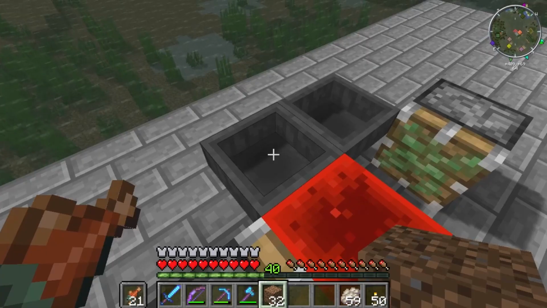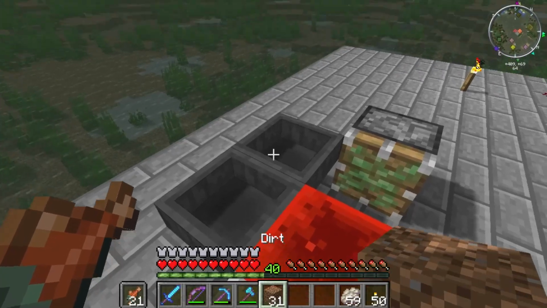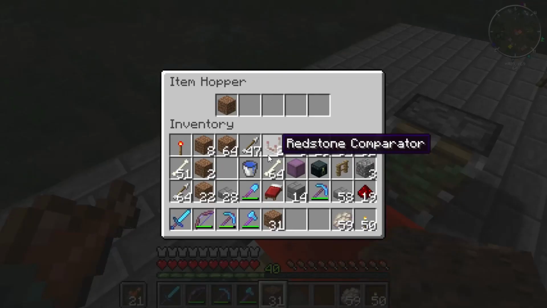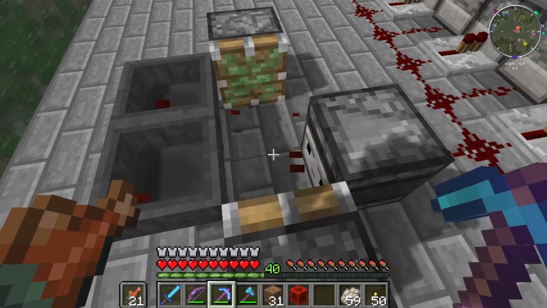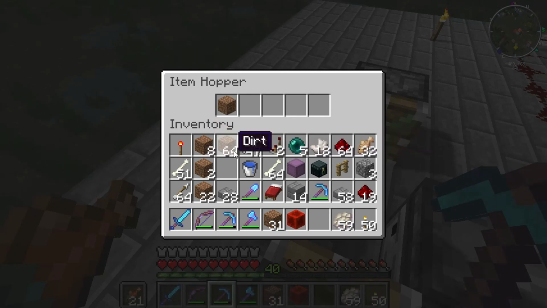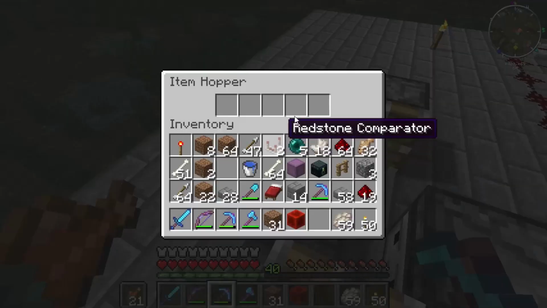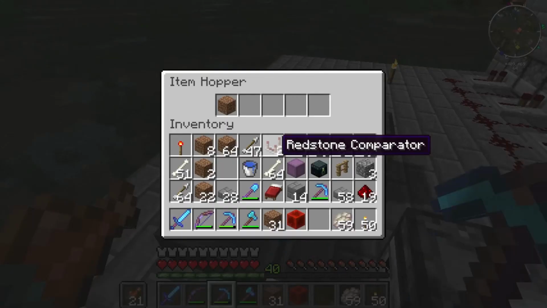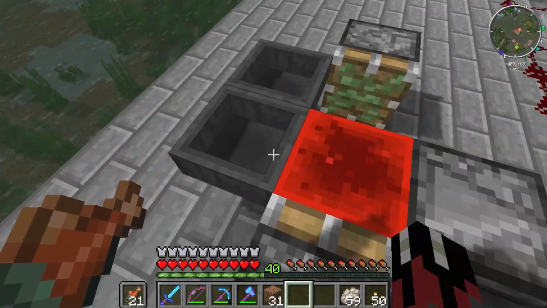If I throw an item into one of these hoppers, it's going to try and push it. Let's see, I've got this one locked. Let's take this redstone block out. It's going to push that item back and forth. You see how it's pushing it back and forth? So it's disappearing and reappearing. They're just shoving it back and forth. So I suppose that's good for some things, but